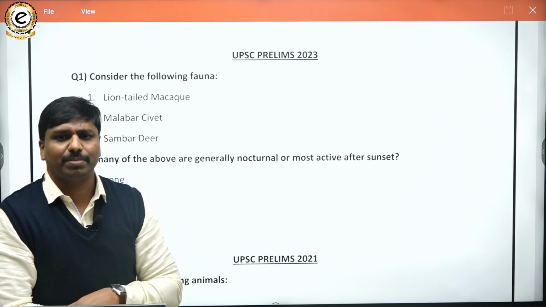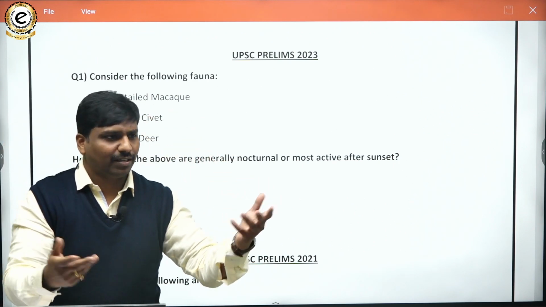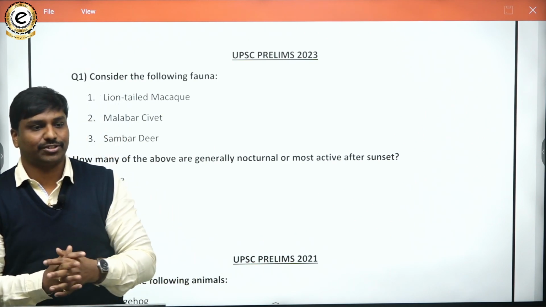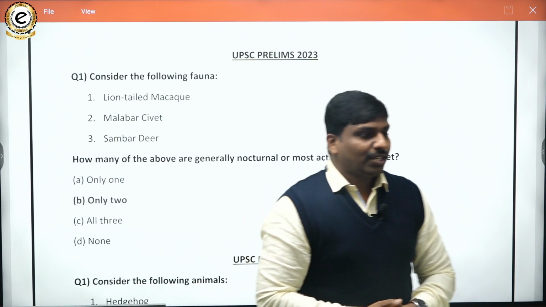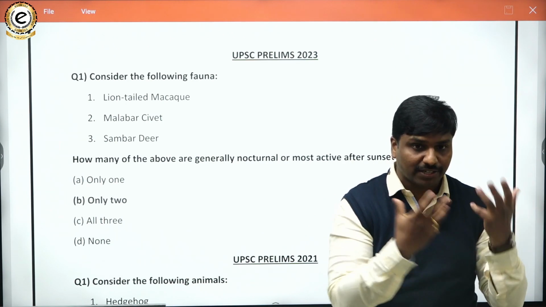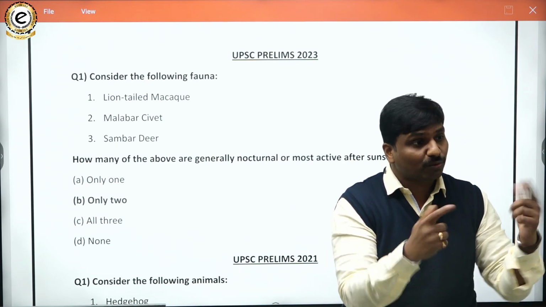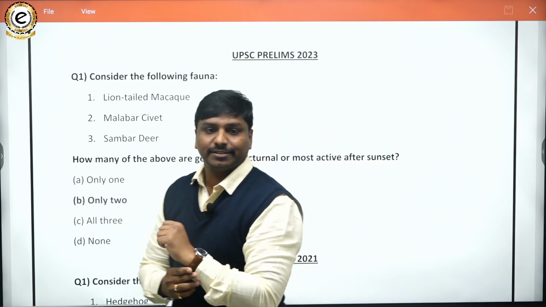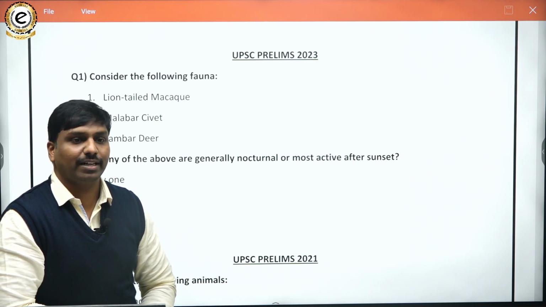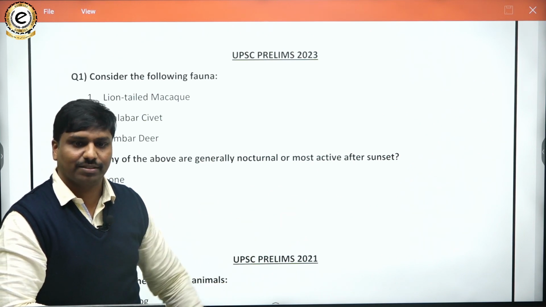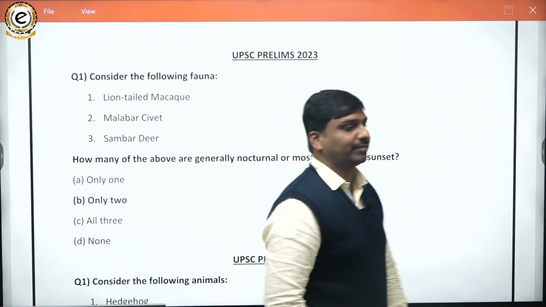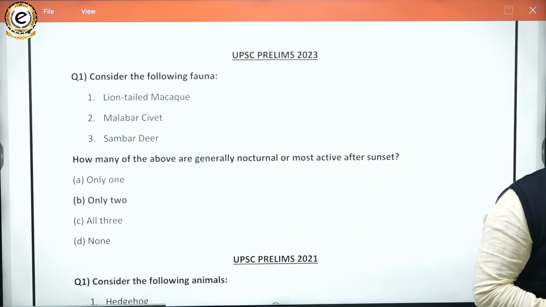Other things may be simple, like the owl, but some examples may trouble you. So mention nocturnal animals. Remember from home and imagine. Environment ecology is all about imagination. Whatever examples we are learning, imagine how you can witness them. First, mention rats, rodents. Rodents means all mouse, mice, all such things. Then bats, owl.